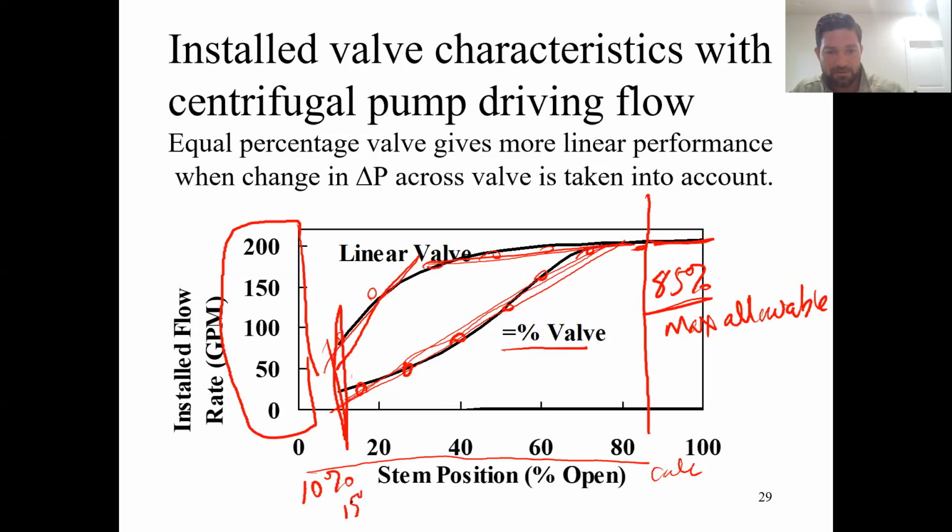10%, 15%. You cannot use a valve below 10% open. If you want to say 15%, the textbook says, I think, 15%, you might say 10 to 15%. But in any case, you don't use a valve below these conditions. And the reason for that is if you design a valve to be open and closing in this range, what's